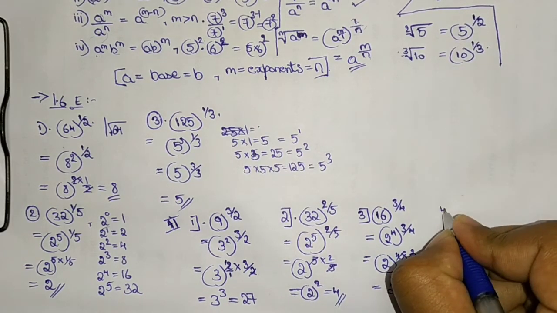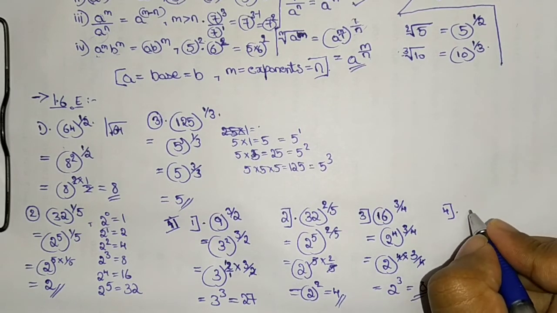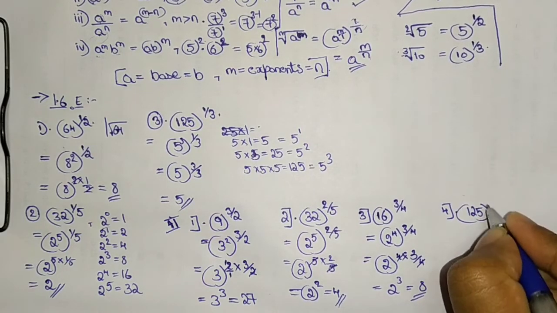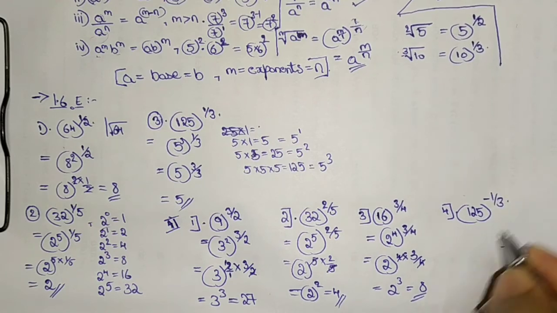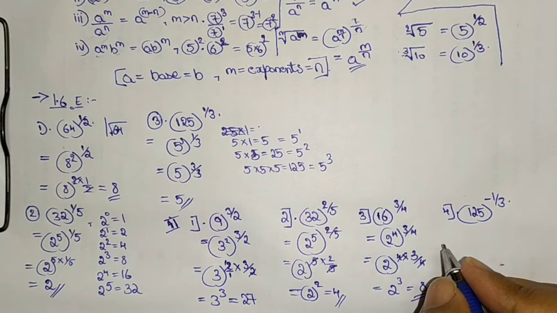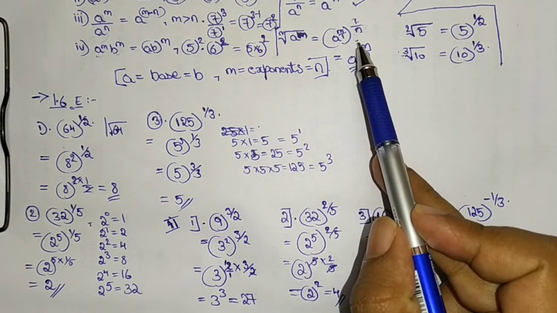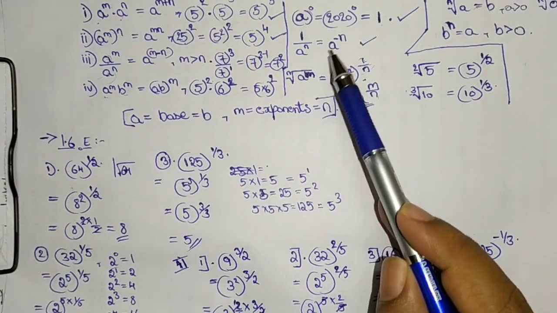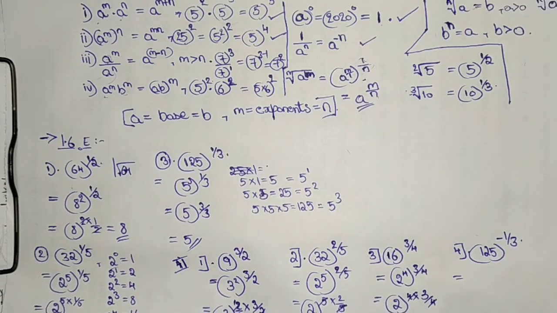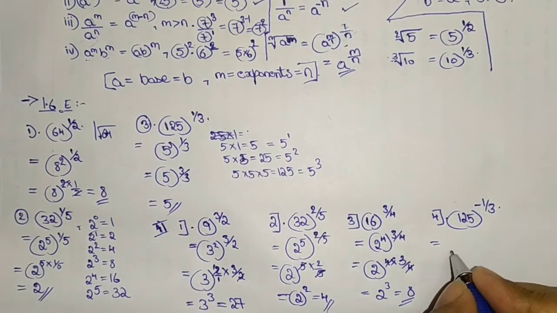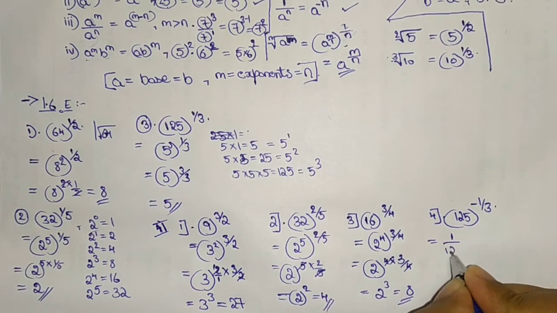We are left with the last one for second main. That's 125 to the power of negative exponent, that is 1 by 3. What is 125 to the power of 1 by 3? That is nothing but, we know this one, how we are dealing now. Here that's something but 1 by 125 to the power of